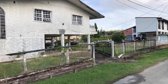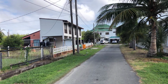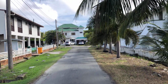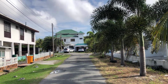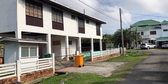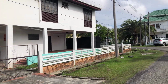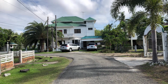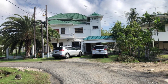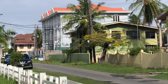So this is Oleander Gardens. This is the neighborhood in Guyana that is furthest ahead as far as constructing multi-unit apartment style buildings. There are at least, how many did we count? 1, 2, 3, 4, 5, 6, 7, 8. At least 8 multi-unit apartment buildings set up in this neighborhood. And they include the very first building at the front. Like I said, that building, the blue-gray building in the front, that was the first one that was built here